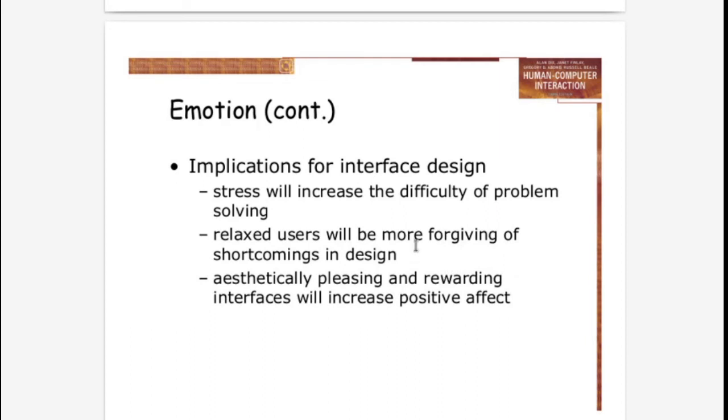If the person is stressed, that increases the difficulty of problem solving. If the interface is aesthetically pleasing and rewarding, it will